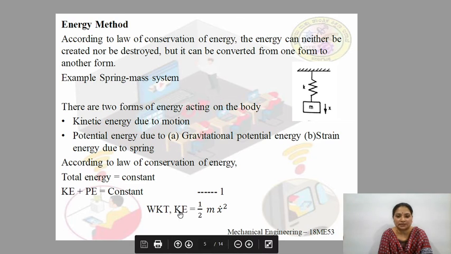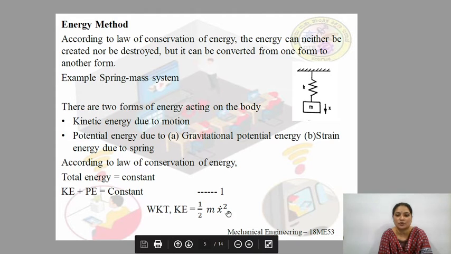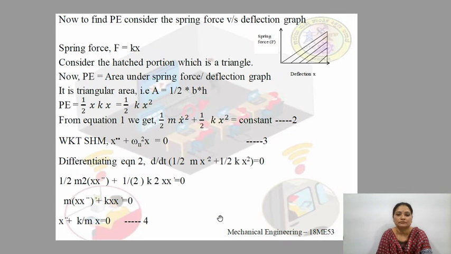We all know that the equation for kinetic energy is equal to half m v square, where v stands for velocity. Since in the spring mass system, x represents the displacement and x dot represents the velocity, we can write the kinetic energy of the spring mass system as half m x dot square. Here x dot represents the velocity. Now, in order to find out the potential energy,